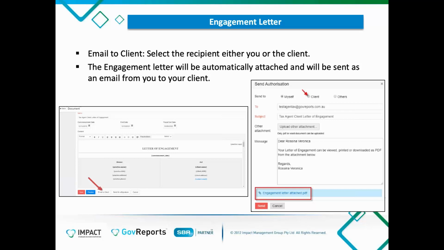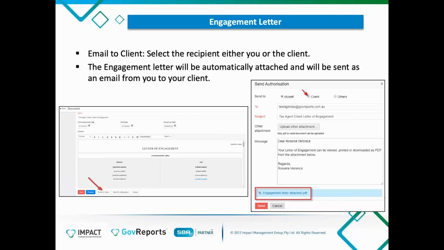So you select the recipient, so either you or the client. And what I normally do when I send these sorts of authorizations, I normally send my first one to the client once I'm happy with it, and then I send a copy to myself. Of course, again, you have that information in the software, so you don't necessarily have to do that. And again, if you're trying to be paperless, the way this is done makes it so easy to do that. So you can send the authorization, again, personalize the message to them, and it attaches the engagement letter,